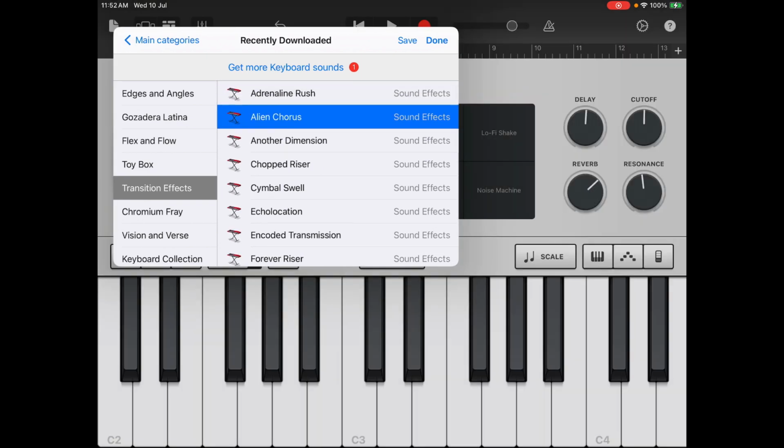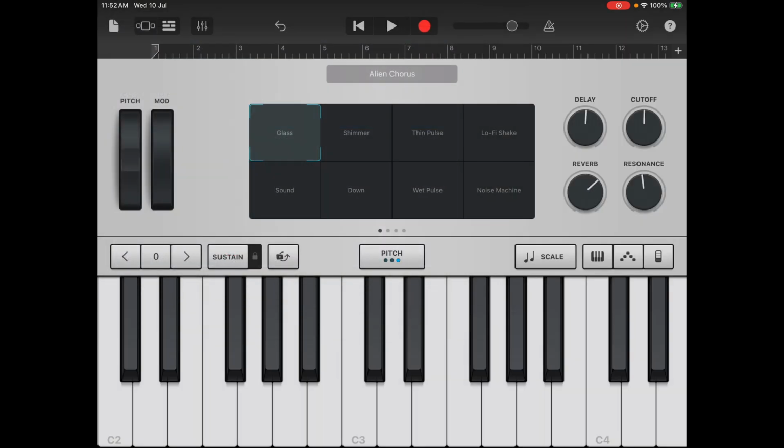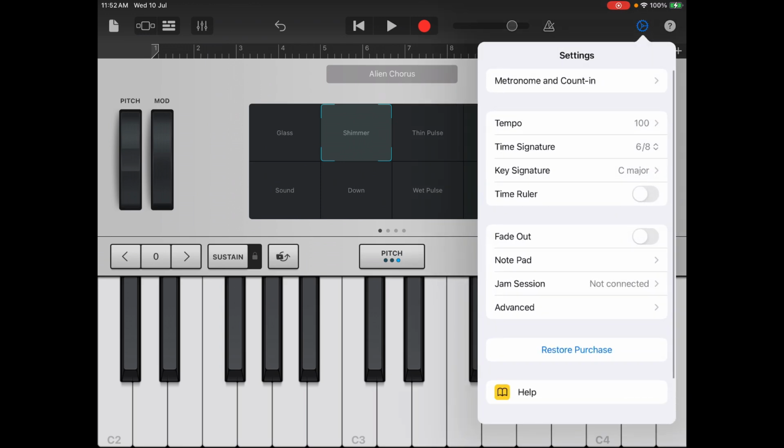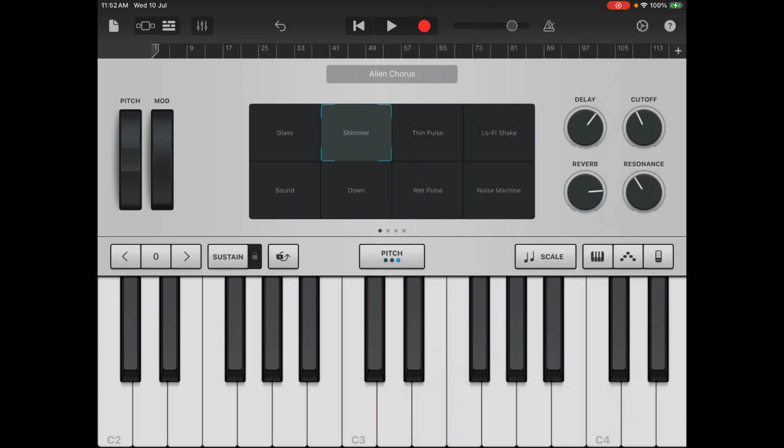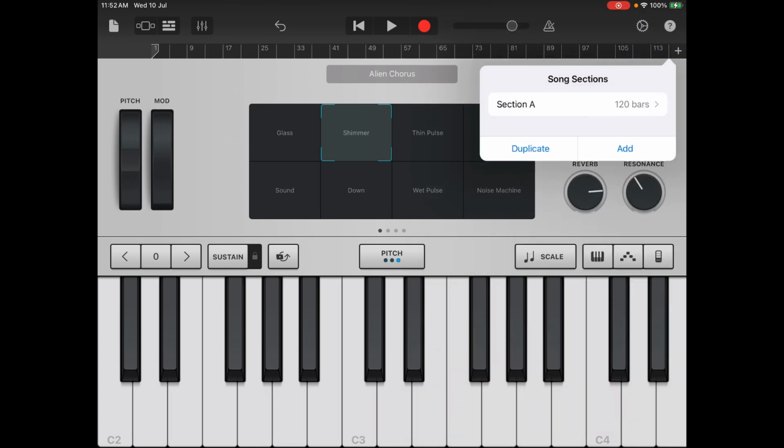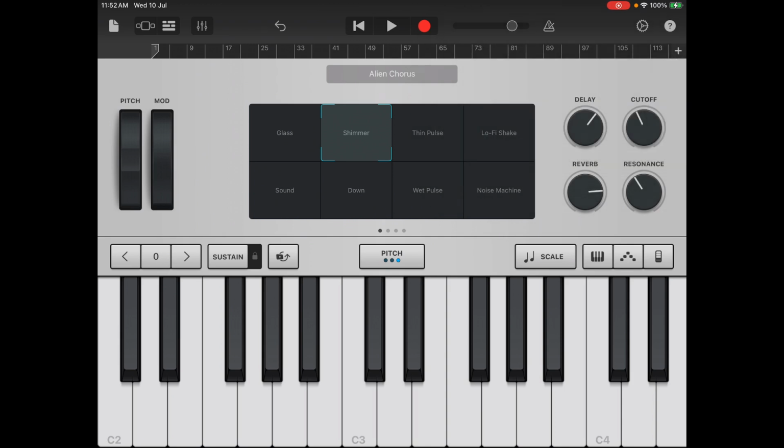And I've chosen to go with Alien Chorus and move over to the Shimmer sound. Hopefully that can give us something. Now, I made the ridiculous decision perhaps to go with a 6/8 time signature, and I've also extended it to 120 bars, so there's plenty of room for us to create with. So let's hit record,